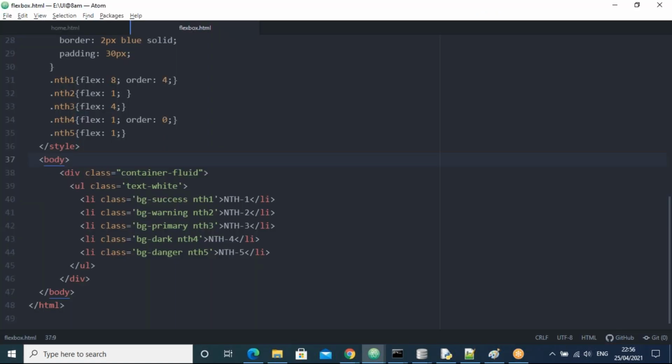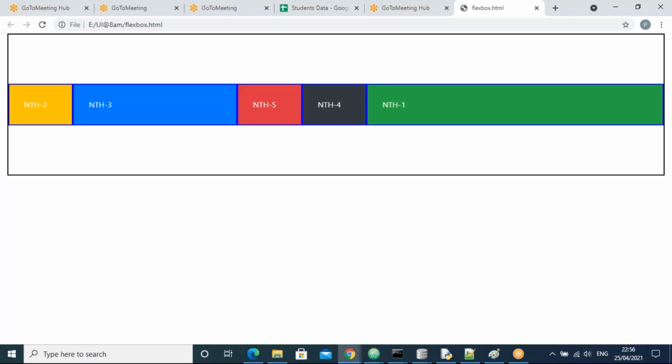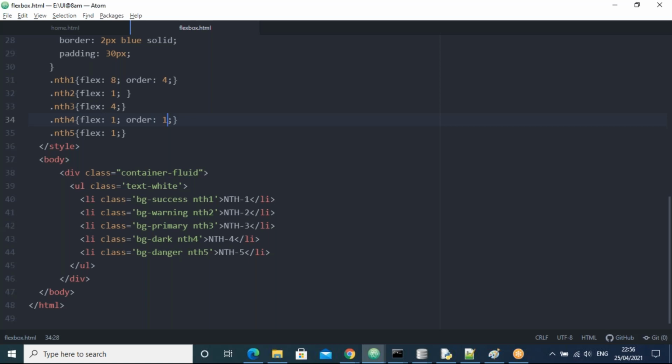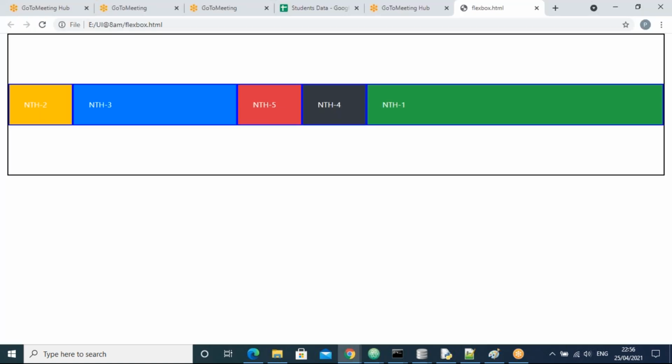Or else for box 4, I'll take the order 1, guys. Let me check once whether it starts from 1, guys, right? I've taken the 1 for which one, guys? Box 4, right?